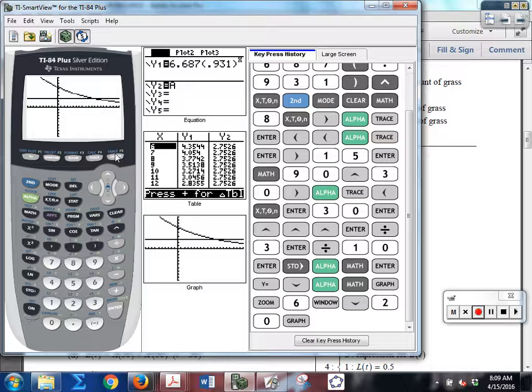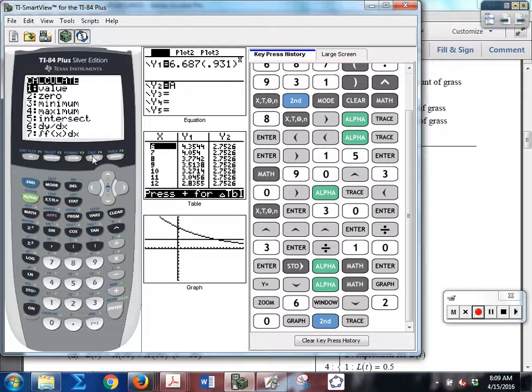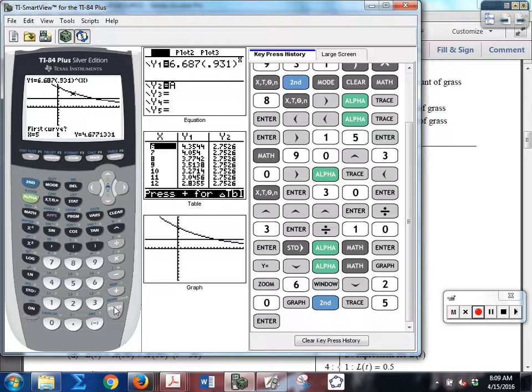So calculate, intersect, whatever. So at 12